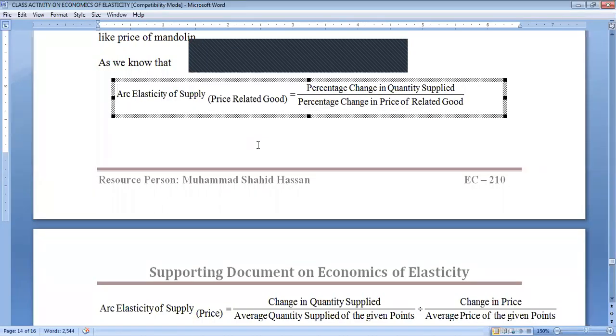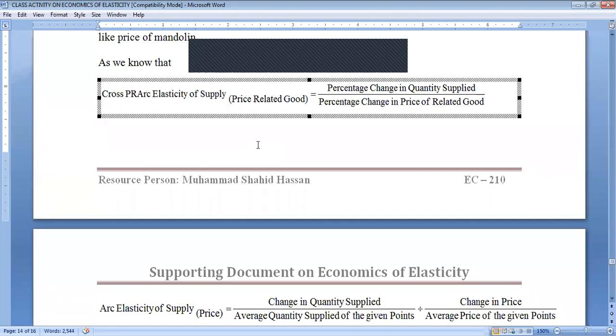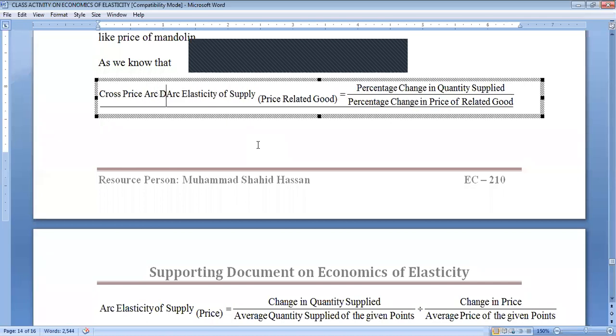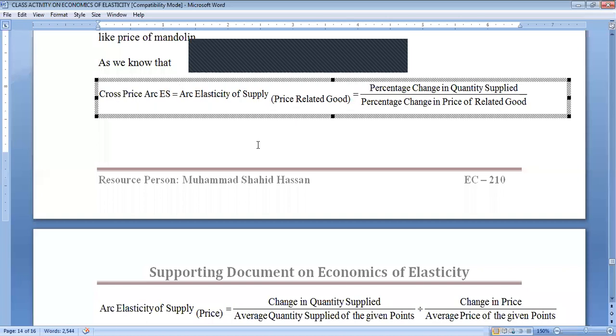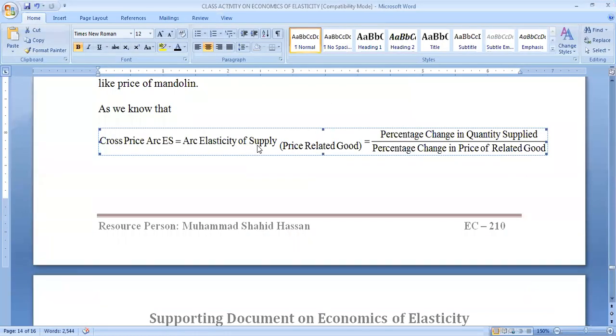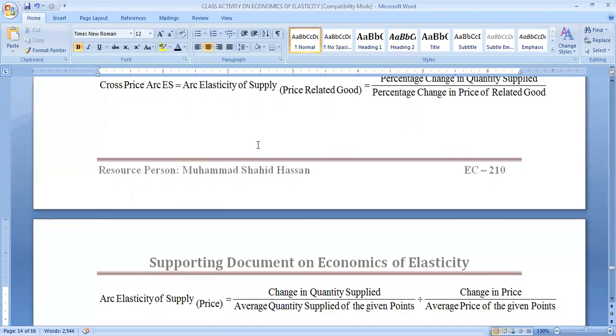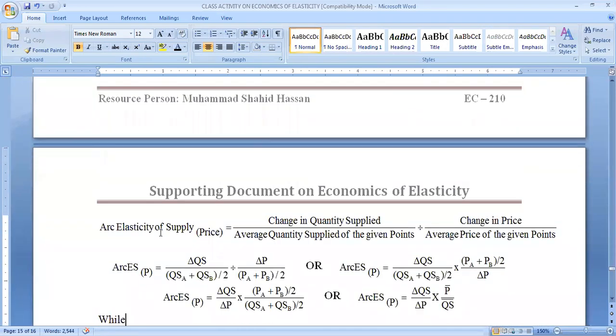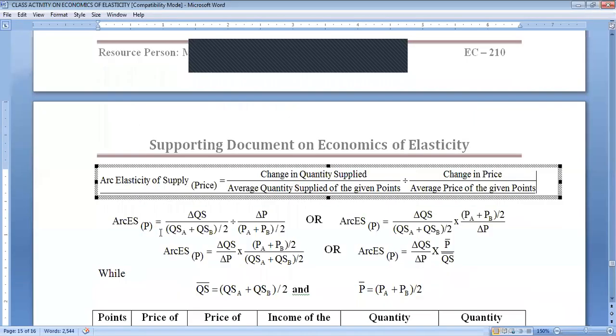It is equal to cross price arc elasticity of supply, right? It can further be written as arc elasticity of supply with respect to price of related good,